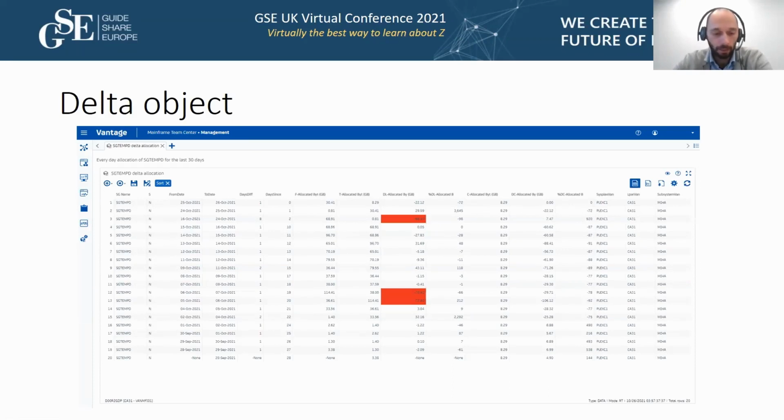First, you must know that data coming to delta objects is historical data. So in order to have historical data, Vantage must run a logging script, something that I'm going to get to more towards the end of the presentation. Bottom line is that you have to configure a script to create historical data, but much like dynamic objects, you have a wizard available, and it's relatively simple to create. We're going to get to speak about the logging scripts. Anyhow, once that is configured, I can go ahead and say for this object, which has historical data,